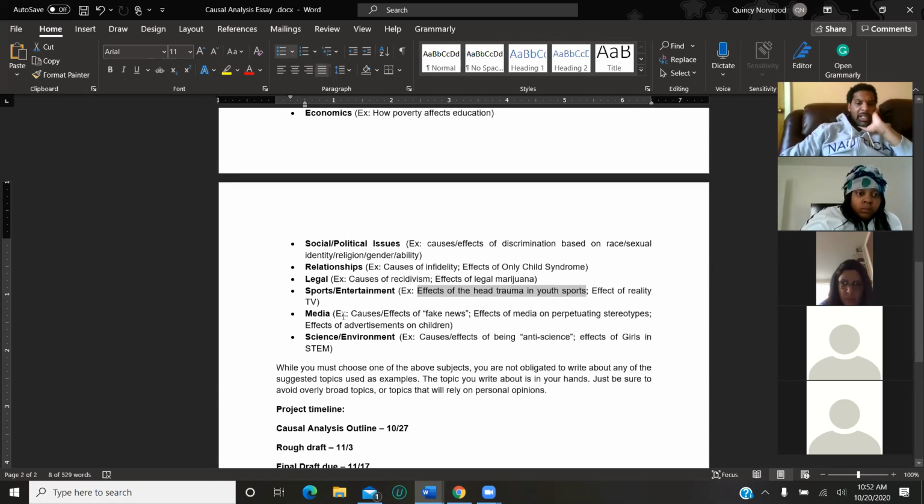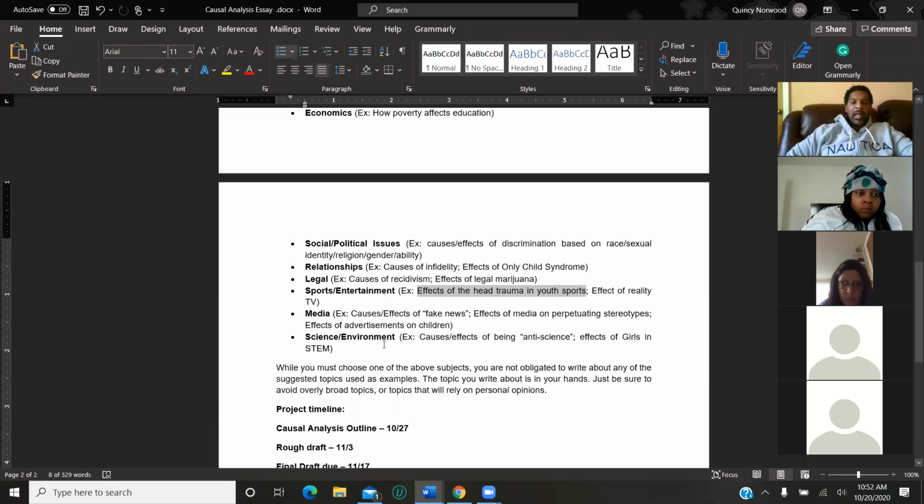All right, media, effects of fake news. All right, effects of media on perpetuating stereotypes, effects of advertisements on children, or whatever. You can take that to whatever extent you want to take it. And then the last one,